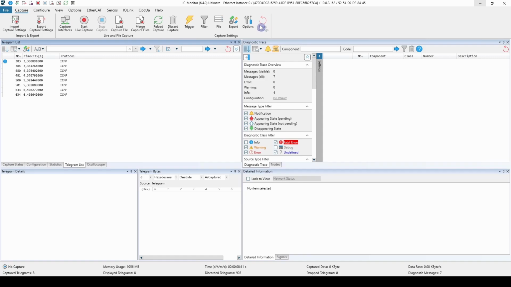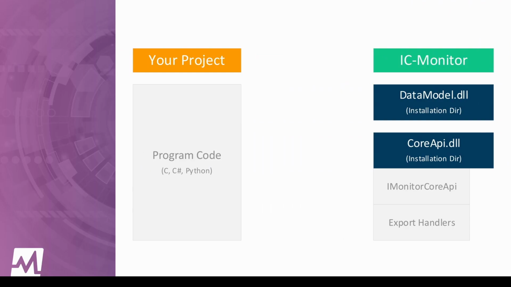Now let's reset our settings and discard what we caught and take a look at the API. So as previously mentioned, the IC monitor can be used via an API, either for regular operation or, like we'll do in the following example, for processing node or telegram data in your own applications. Your application must reference the data model DLL and the core API DLL from the IC monitor's installation directory. Since we are using Python's PythonNet module, we can just access the files as they are. IC Monitor does provide a way to use the API from unmanaged code like C, but that's a topic for